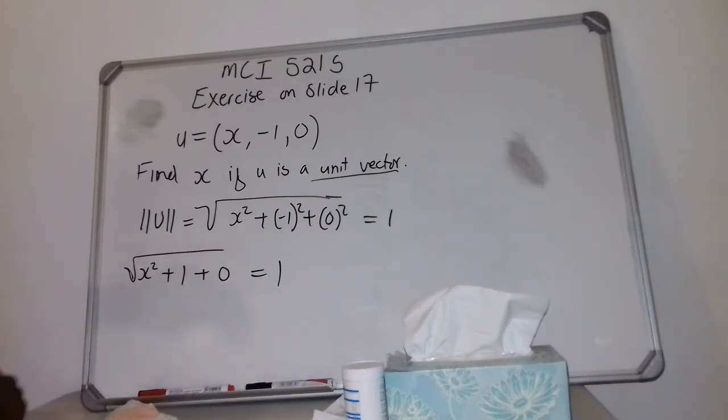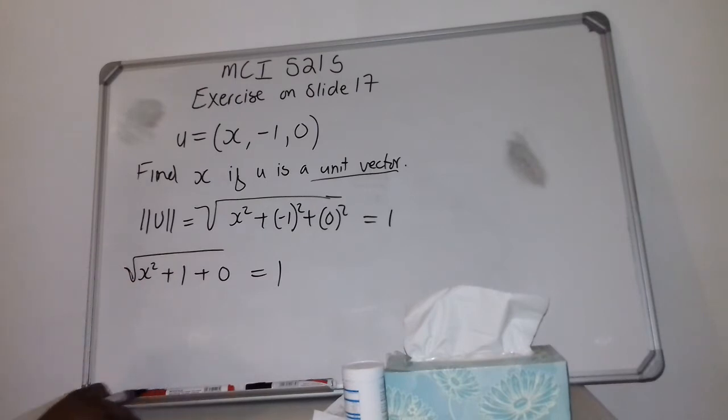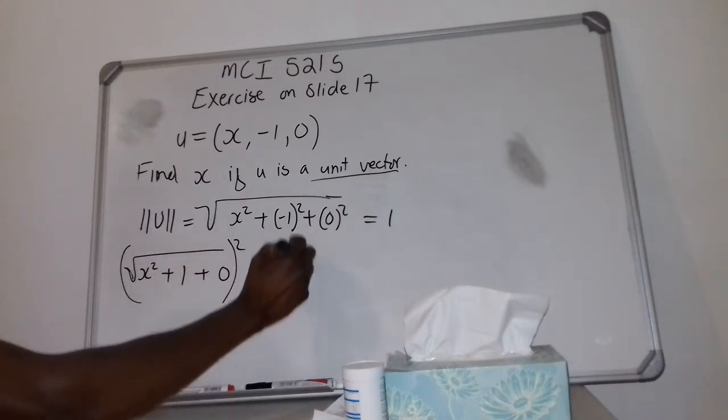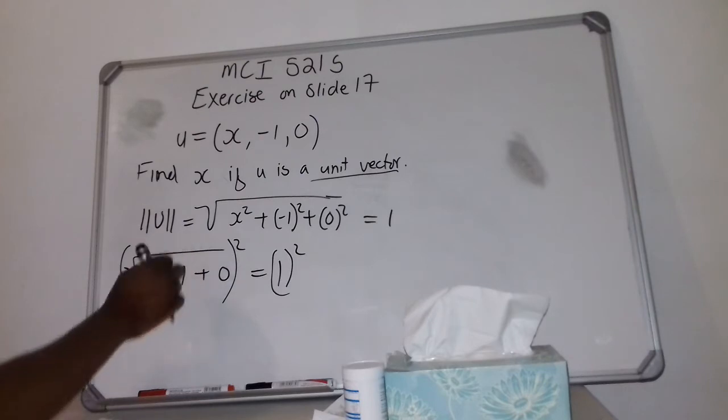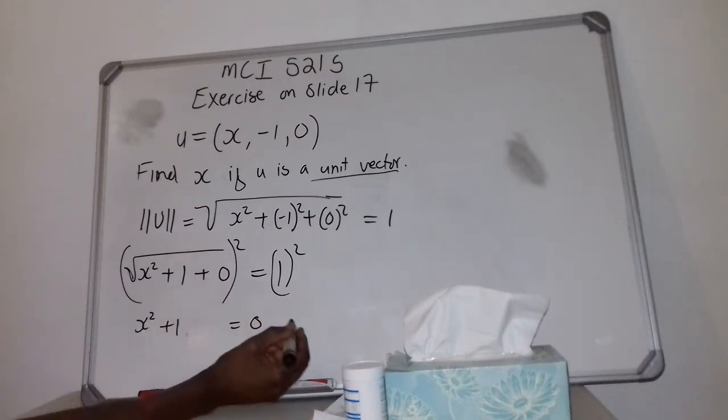So what we are trying to find is the value of x. What do we do now? We square both sides. Why do we square both sides? Because we want to remove the square root. We end up with x squared plus 1, I don't want to add the 0, please, equal to